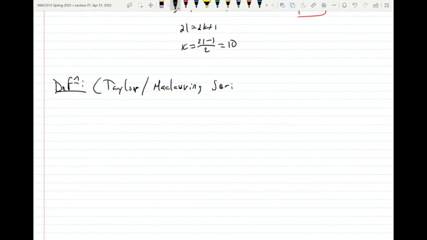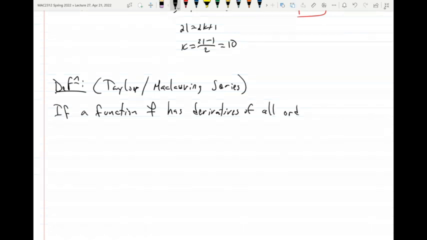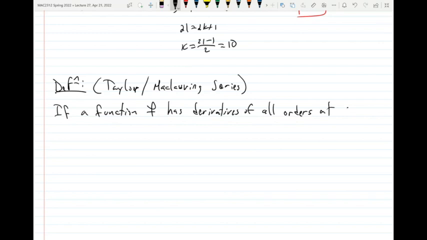If you have a function that can be differentiated as many times as you want, that is, infinitely many times differentiable, so if a function f has derivatives of all orders at x equals c, what I mean is that you can take whatever derivative you want of the function and evaluate it at c, and it's defined. So those derivatives are defined at x equals c, then